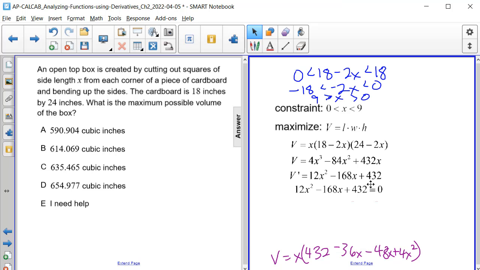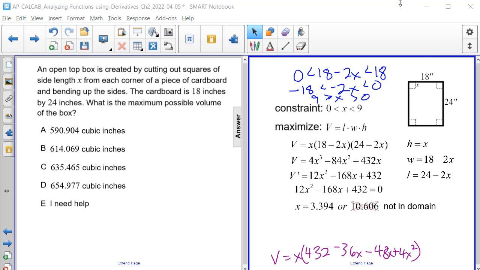Well, if we look at our constraint within our domain, this 10.606 is not within it, so we can exclude that value. And now that we know which solution works, 3.394, we can use the second derivative test